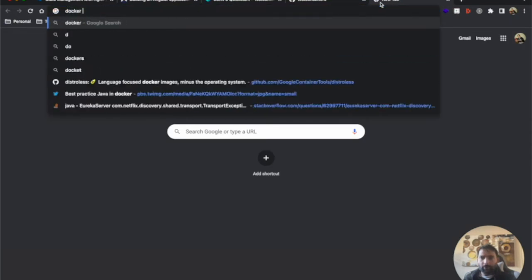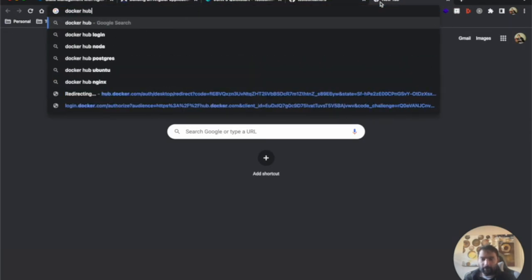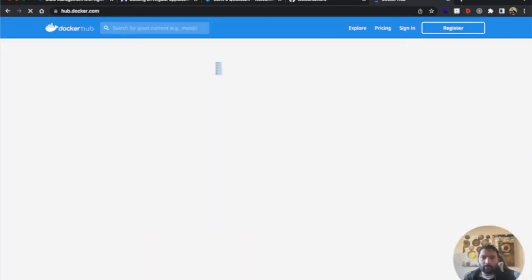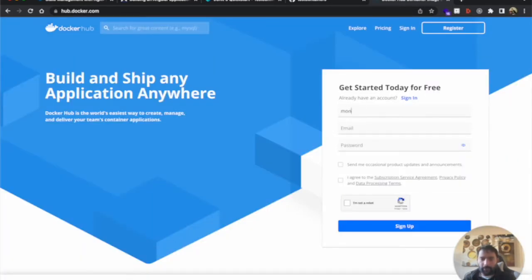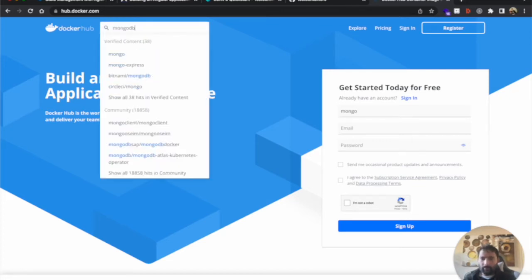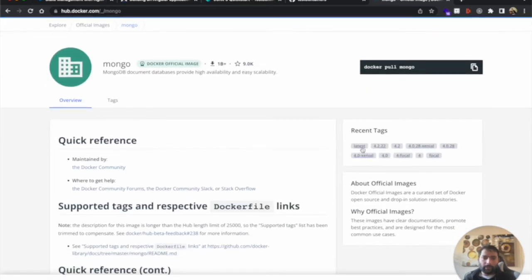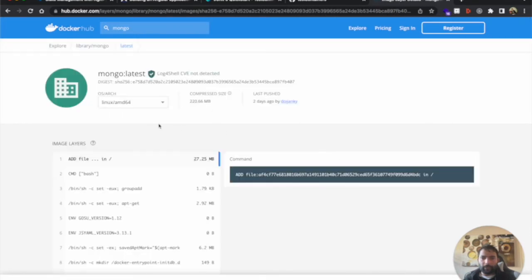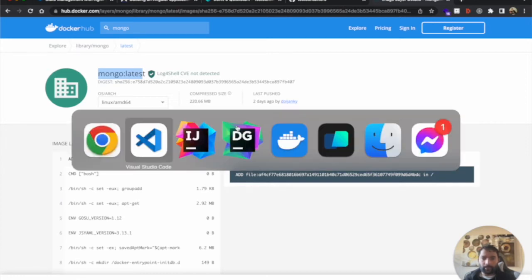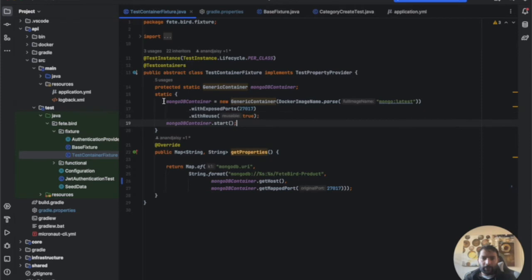So if you go to Docker Hub, let's search for MongoDB here. So see over here the latest tag. If we are using a MongoDB latest tag, it is going to use the latest version of MongoDB. That's how it works. So we are getting a Mongo container over here,